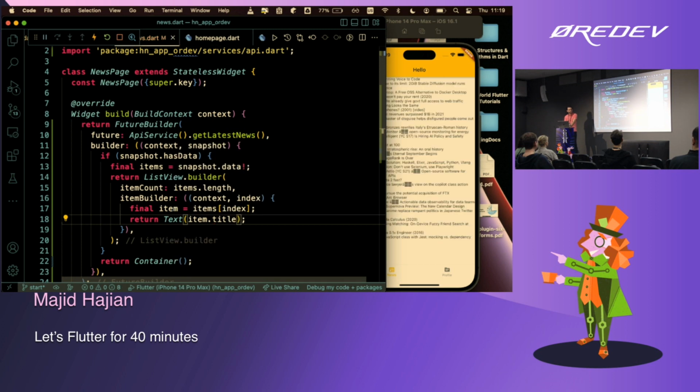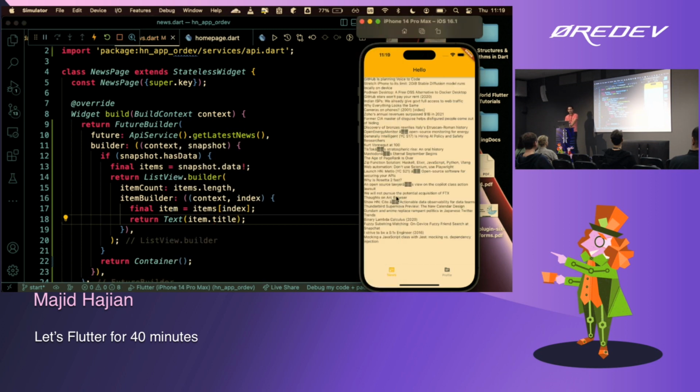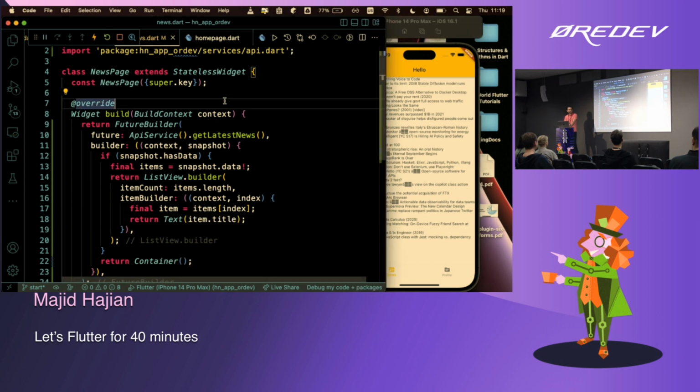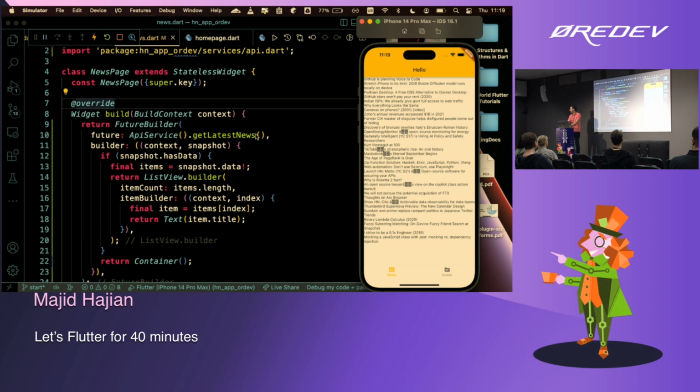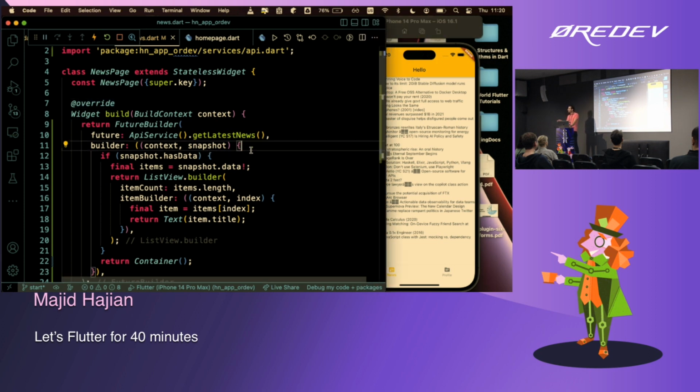So now, there we go. These are all the titles. So just to show you quickly, if I reload, that's actually rendering the titles. It's not really nice. I'm not sure if you want to stay 2 more minutes. I want to add one more thing to the UI to see how easily you can modify this. So in fact, you can change this list view builder to list view separated.